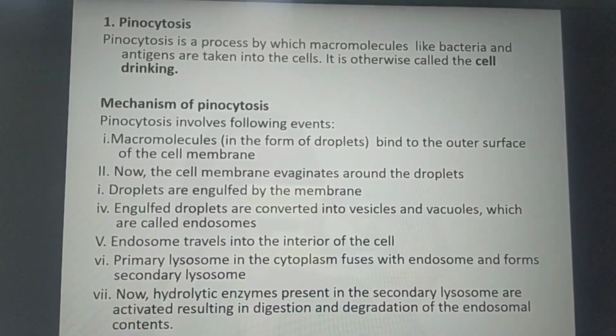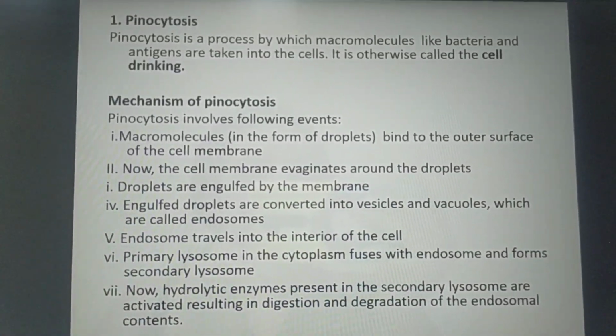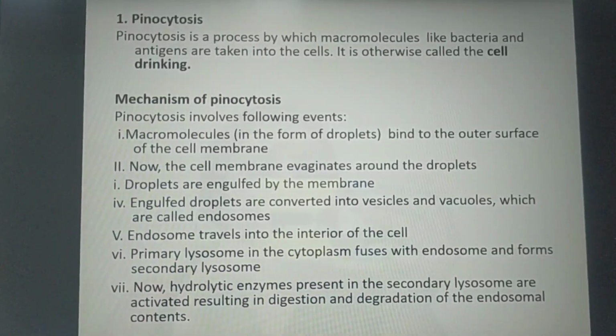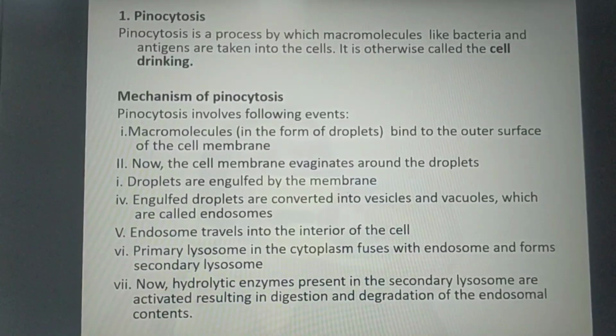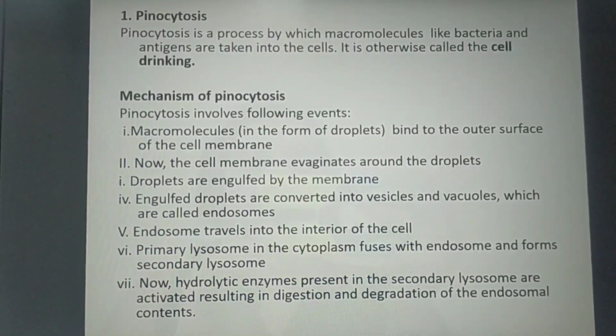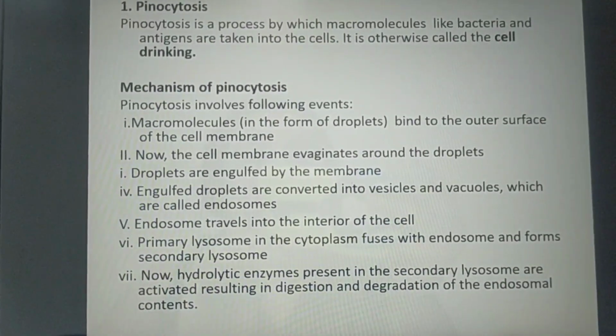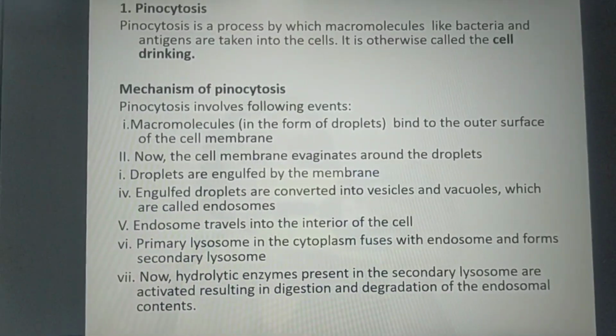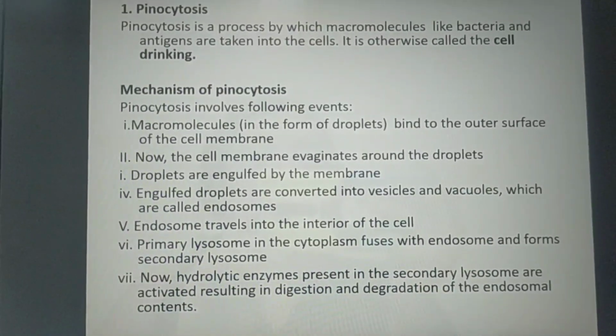Pinocytosis. So pinocytosis is a process by which macromolecules like bacteria and antigens are taken into the cells. It is otherwise called the cell drinking. Let's see the mechanism of pinocytosis. So pinocytosis involves following events. First,